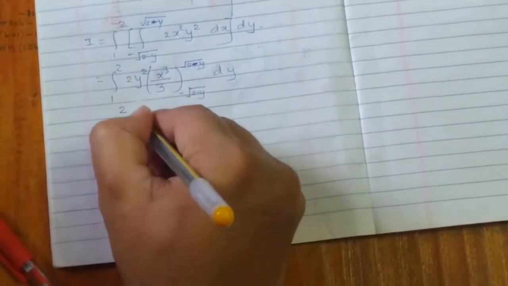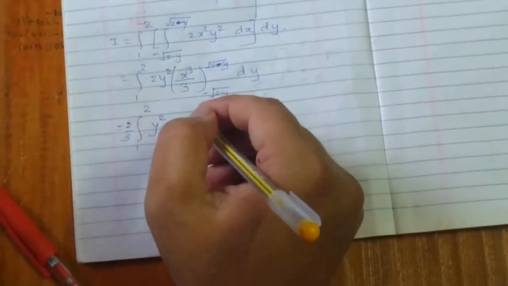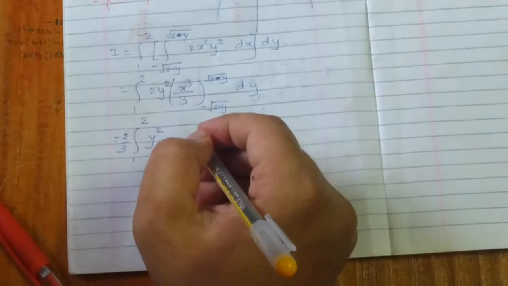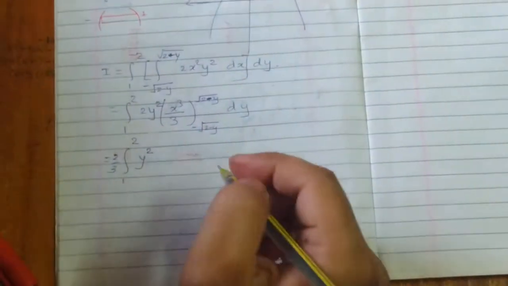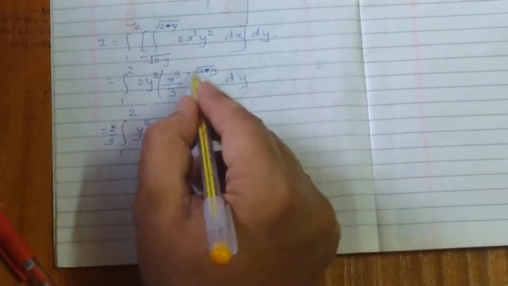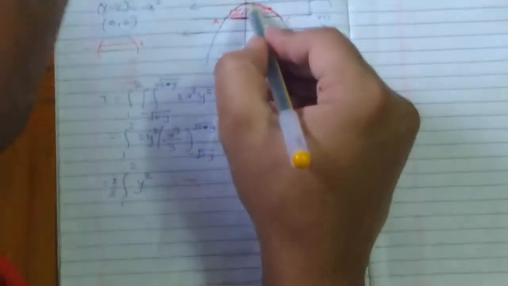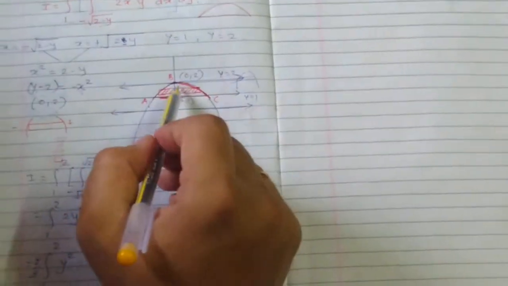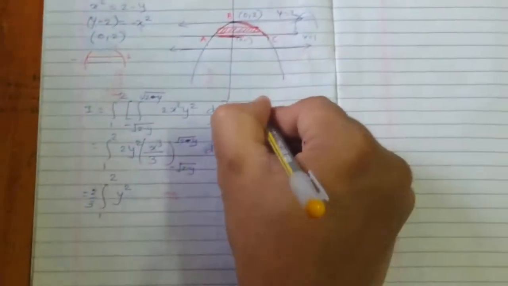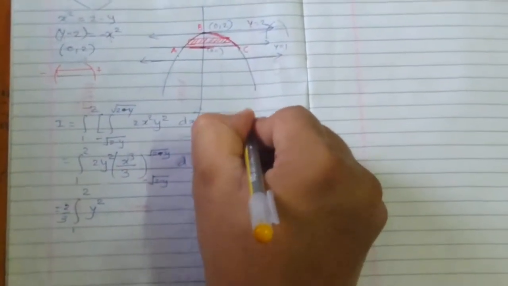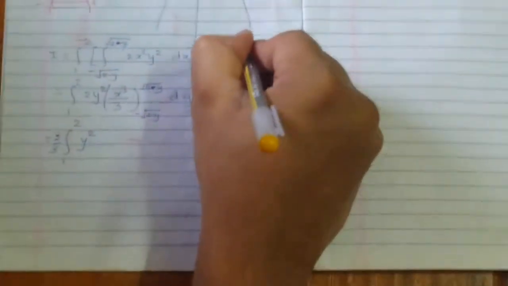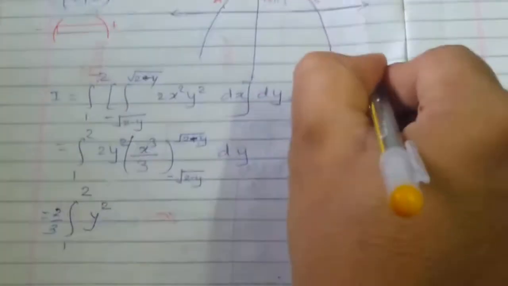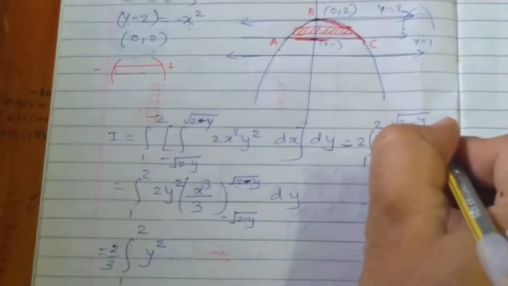Okay. So 2 by 3 is a constant. Integration from 1 to 2 y square. I'm just going to substitute these values here. Okay, instead of solving this for upper and the lower limit, whatever the value of the integral I'm getting here is exactly the same as this, since there is an axis of symmetry. So I made one more correction there. This is 2 times integration from 1 to 2, I'm keeping as it is. Instead of this lower limit I'm making 0 to square root of 2 minus y, 2x square y square dx and dy. Yes, now this becomes more easy to evaluate.